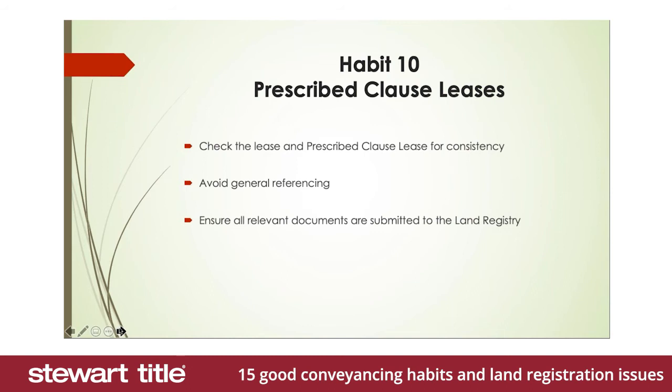Make sure that the draftsman who creates the lease, and you, if you're acting for a buyer, check the lease and prescribed clauses for consistency. So if there are easements in the lease, are those easements referred to at prescribed clause 11? Are the relevant title numbers of servient titles included within the prescribed clauses? If you do that, the easements will be automatically noted against those relevant servient titles. If not, then there's a potential problem and some vulnerability.